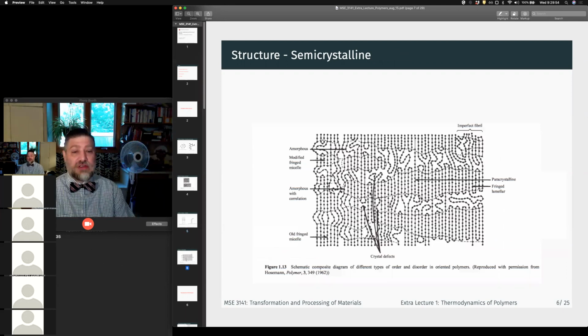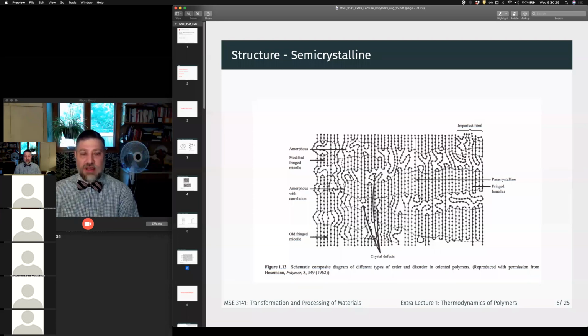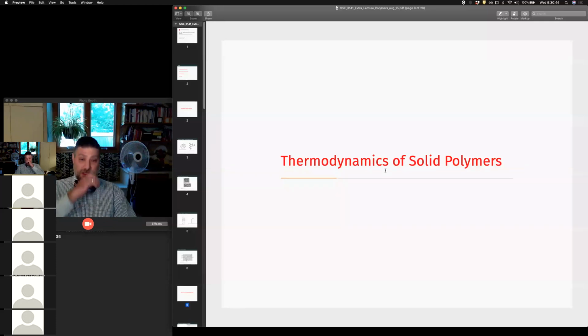Most polymers are semi-crystalline because of this chain folding. So really you have this interlaying amorphous layer with a whole bunch of highly defected crystalline regions, right? So you've got these loops that form, you've got kinks in there. So there's a whole suite of defects that arise in semi-crystalline materials that are just not present in others. And it'd be a really great lecture to really spend some time on these, but unfortunately we don't. What I do want to talk about is the thermodynamics of solid polymers and really the deformation